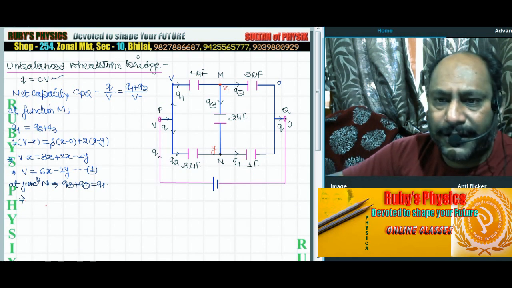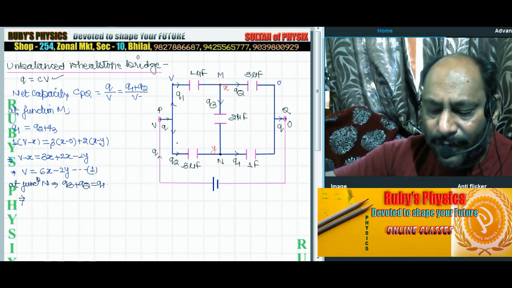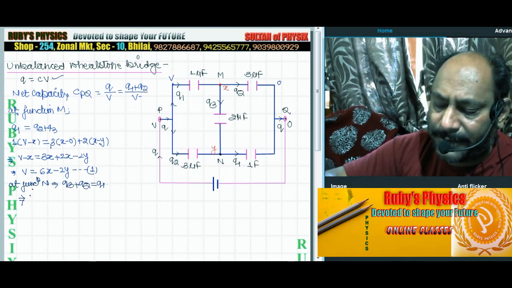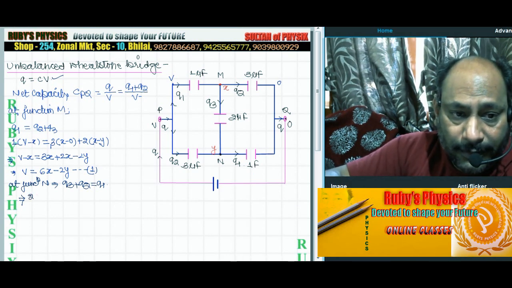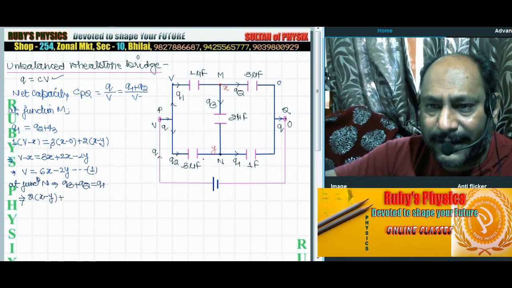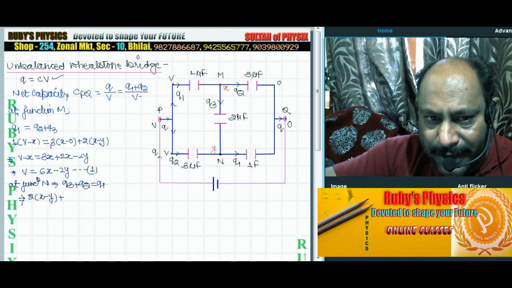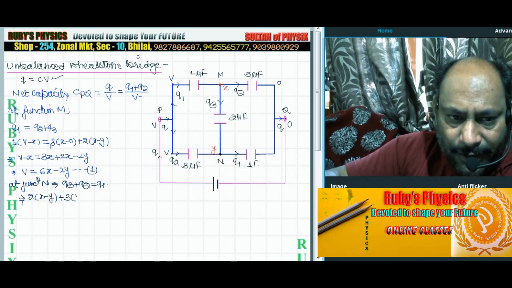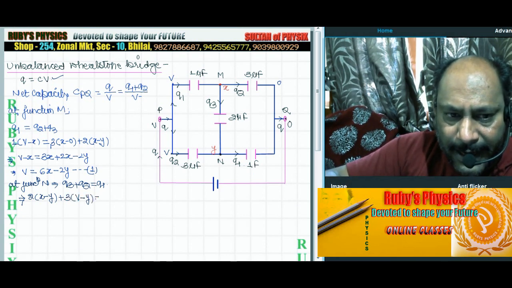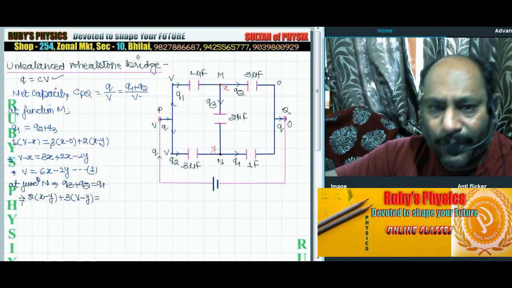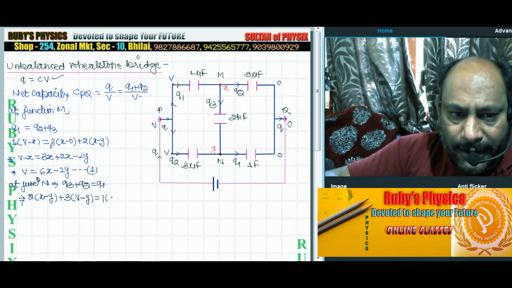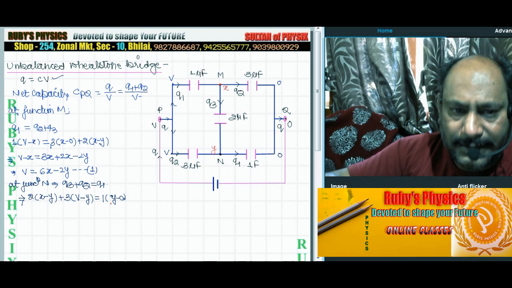Using this formula we can write here Q3, observe what you write, Q3 is 2 times X minus Y plus, now what is Q2 here? Remember the potential of this point is V because it is connected to V. So can I write it is 3V minus Y, and that will be equal to Q1. Now the potential of this point is 0, this one is Y. So it is 1 into Y minus 0.